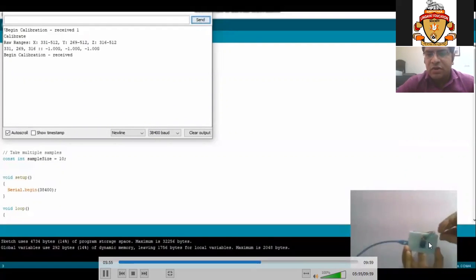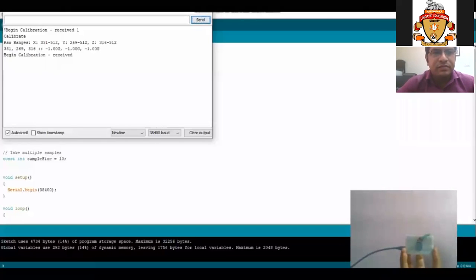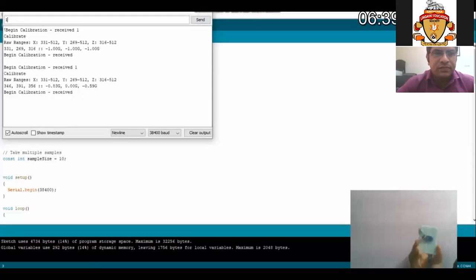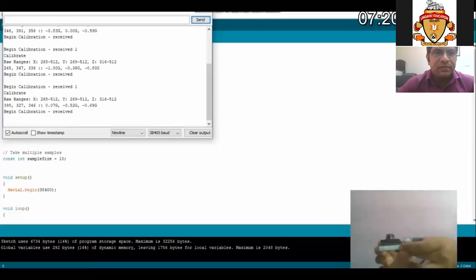Now I'm changing the orientation of the module, and in the same way we will receive the values here. So I'm getting different values for different rotations and positions.